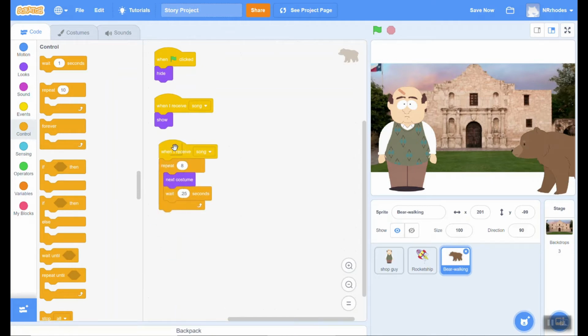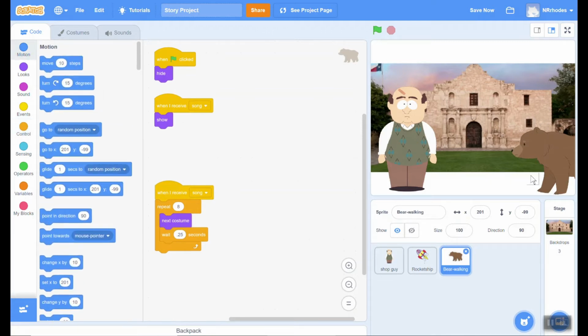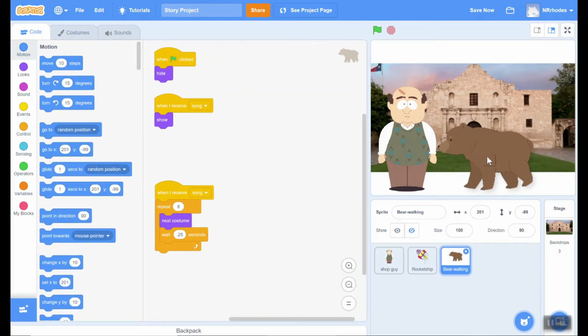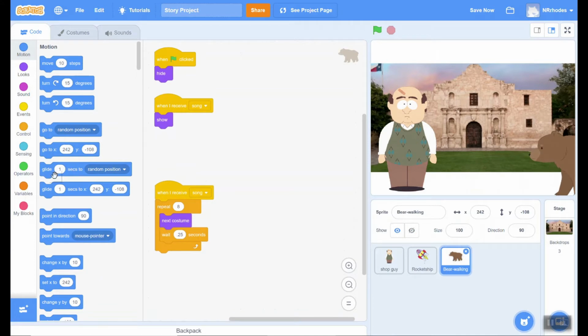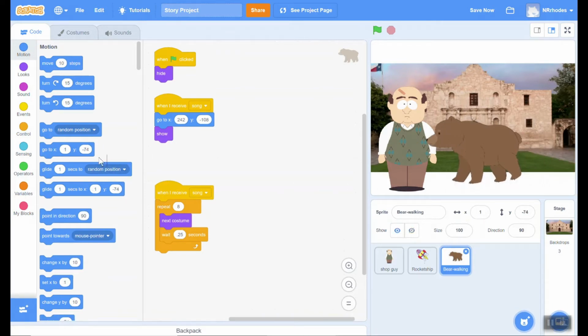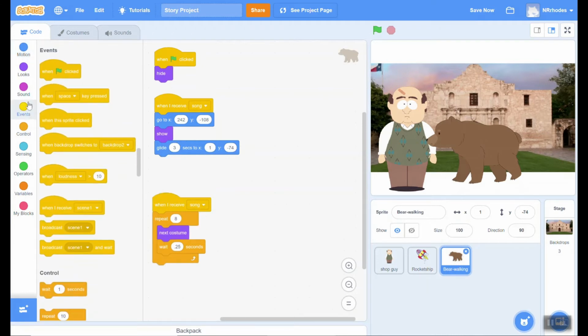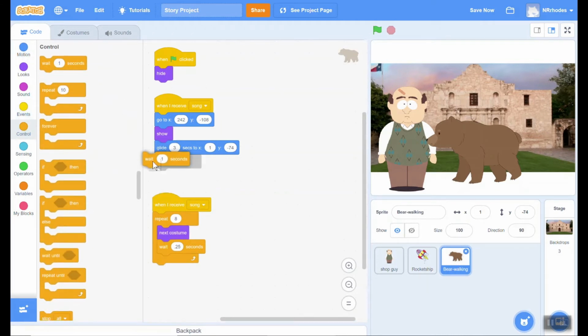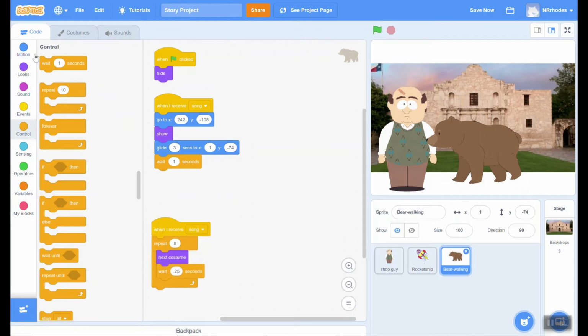Bear is going to come out. And what's the bear going to say? Well, the bear is going to glide over to here. So we will glide to, well, first we have to set the first position. So we want to go to here, go to here, show, and then we want it to glide all the way over to here. And let's take 3 seconds to do that. Once we get over there, we are going to wait again for a second, and then we are going to